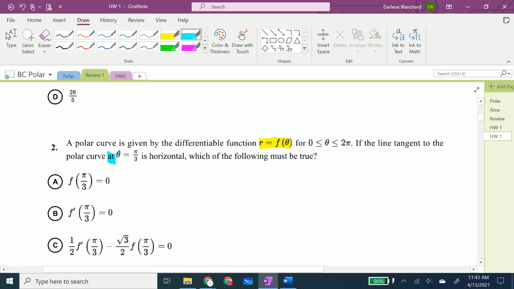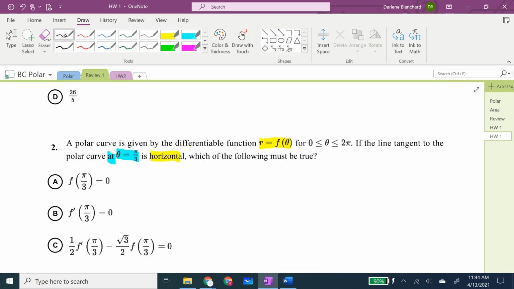This is just telling you the input variable location. So it's basically like being given x with regular functions, but it's theta this time. And you are told that the tangent line at that angle is horizontal. So